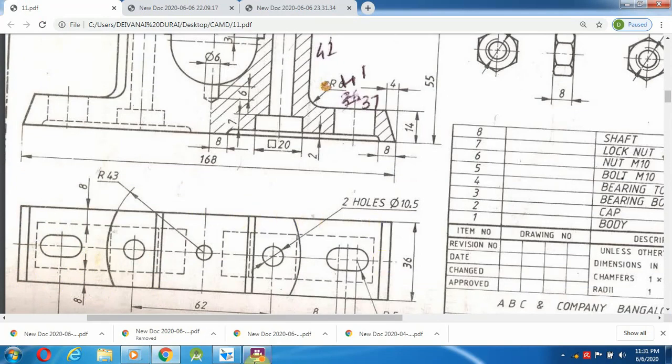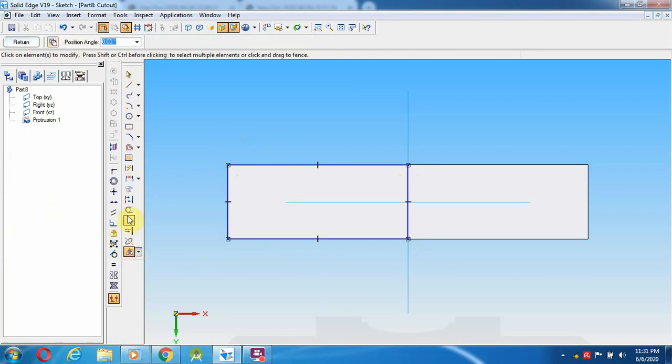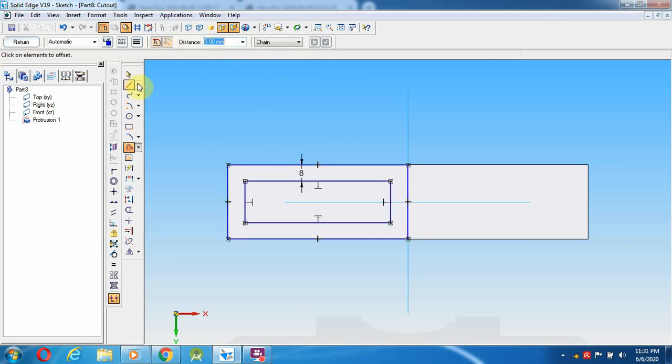Okay, so what I'm going to do, select a line, going to cover the full line, I'm going to draw over here up to here, and then select offset option, not mirror. Select the entire one, from this outer edge 8 inside, so I'm going to give here 8, so it goes inside, that's it.